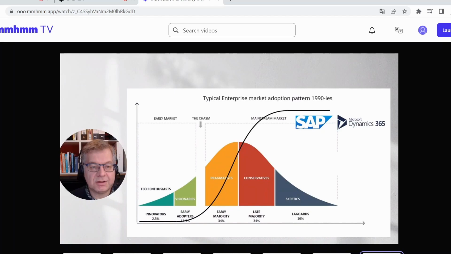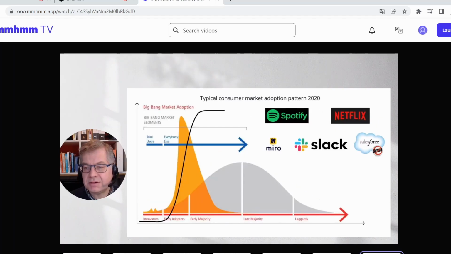This adoption curve was popularized in the 1990s by Geoffrey Moore, and it's very true of enterprise customers in relation to technology. For example, when it requires a lot of change in the company. For example, changing an important IT system with all of the implications that has for the company. But in recent years, however, the curve